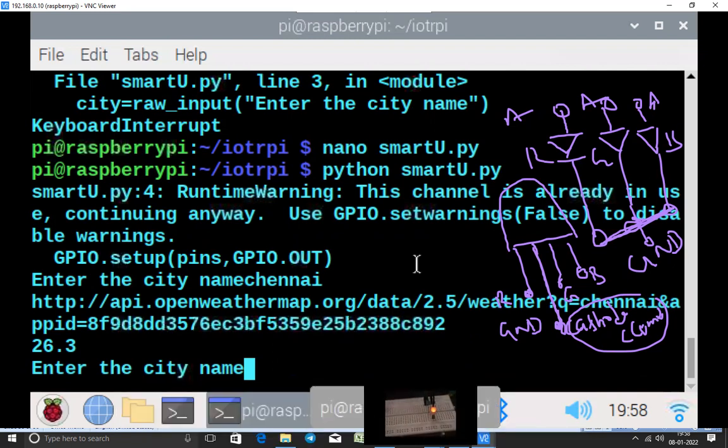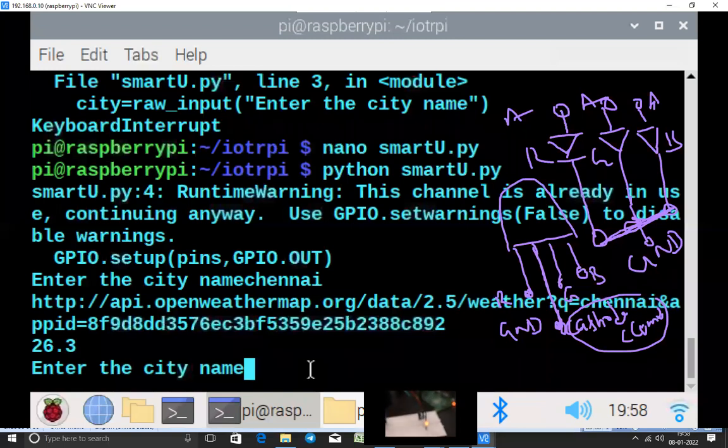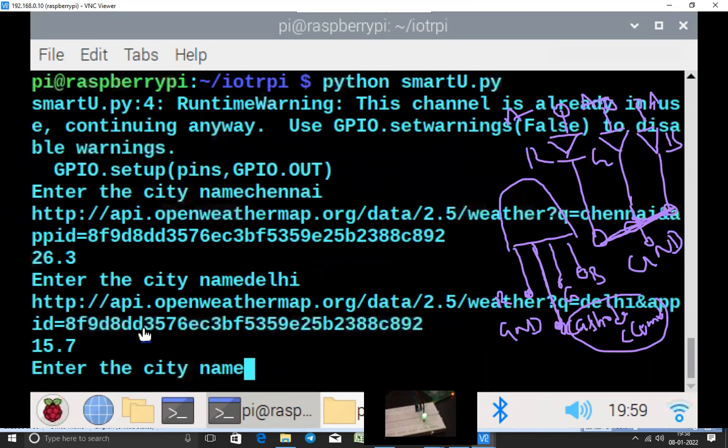Are you able to see this red color? Right, okay. So now, for example, give a city name, Delhi. If you give the city name Delhi, what color are you seeing now? In my RGB LED, you are seeing green color, right, all of you? So this is how you can change the colors of the LED based on the temperature.